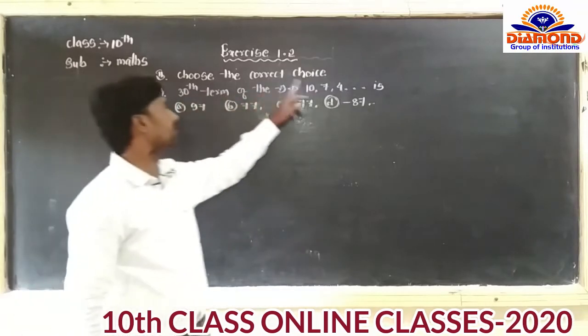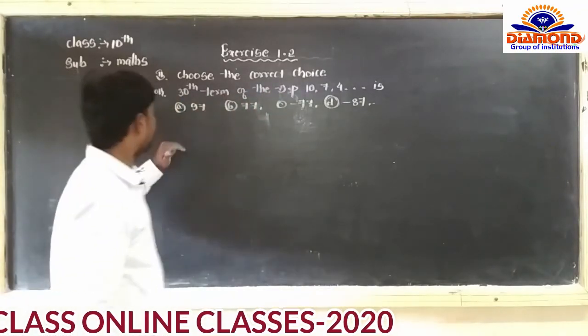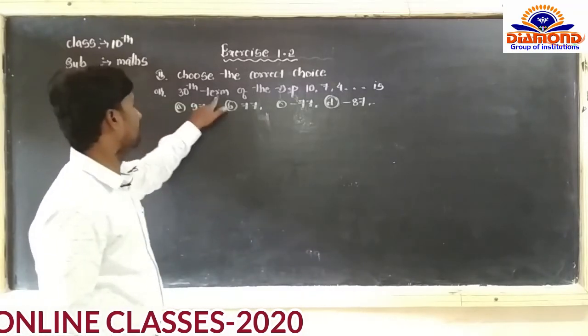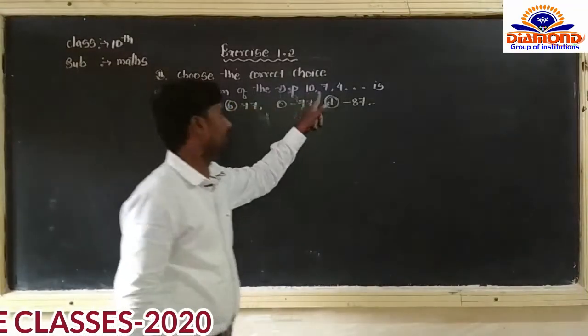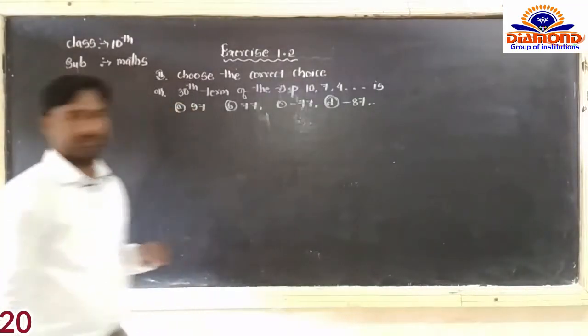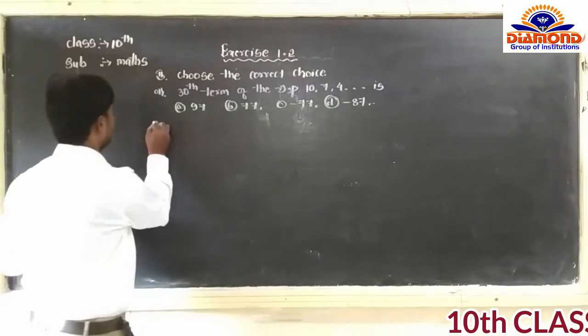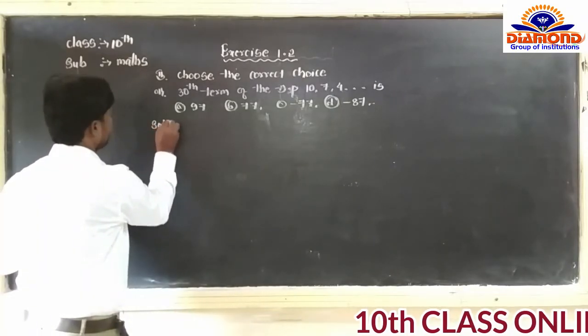Choose the correct choice. Correct options are there, it is a multiple choice question. So what is the question? 30th term of the AP 10, 7, 4 and so on. He is asking for the 30th term, meaning he is asking what the 30th term is. So dear students, here